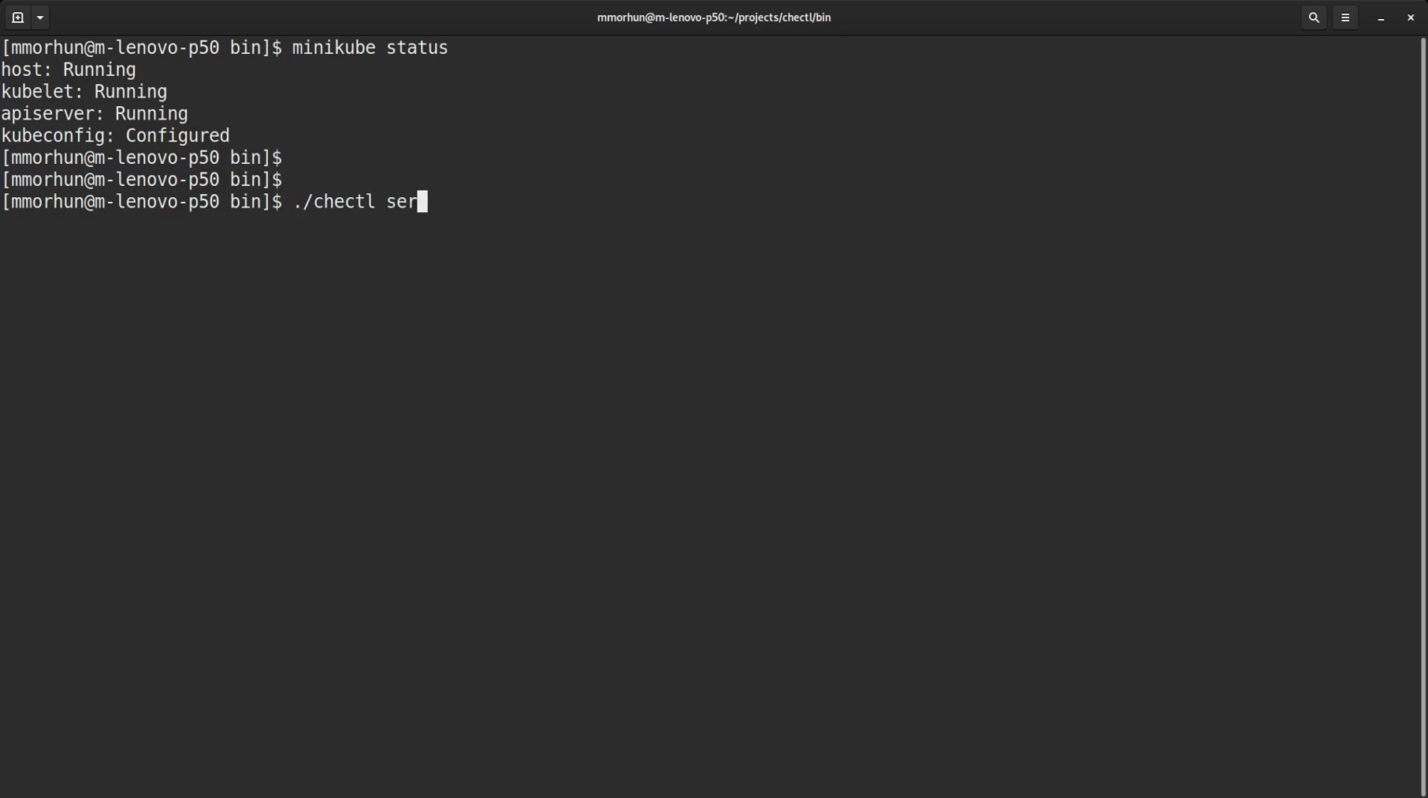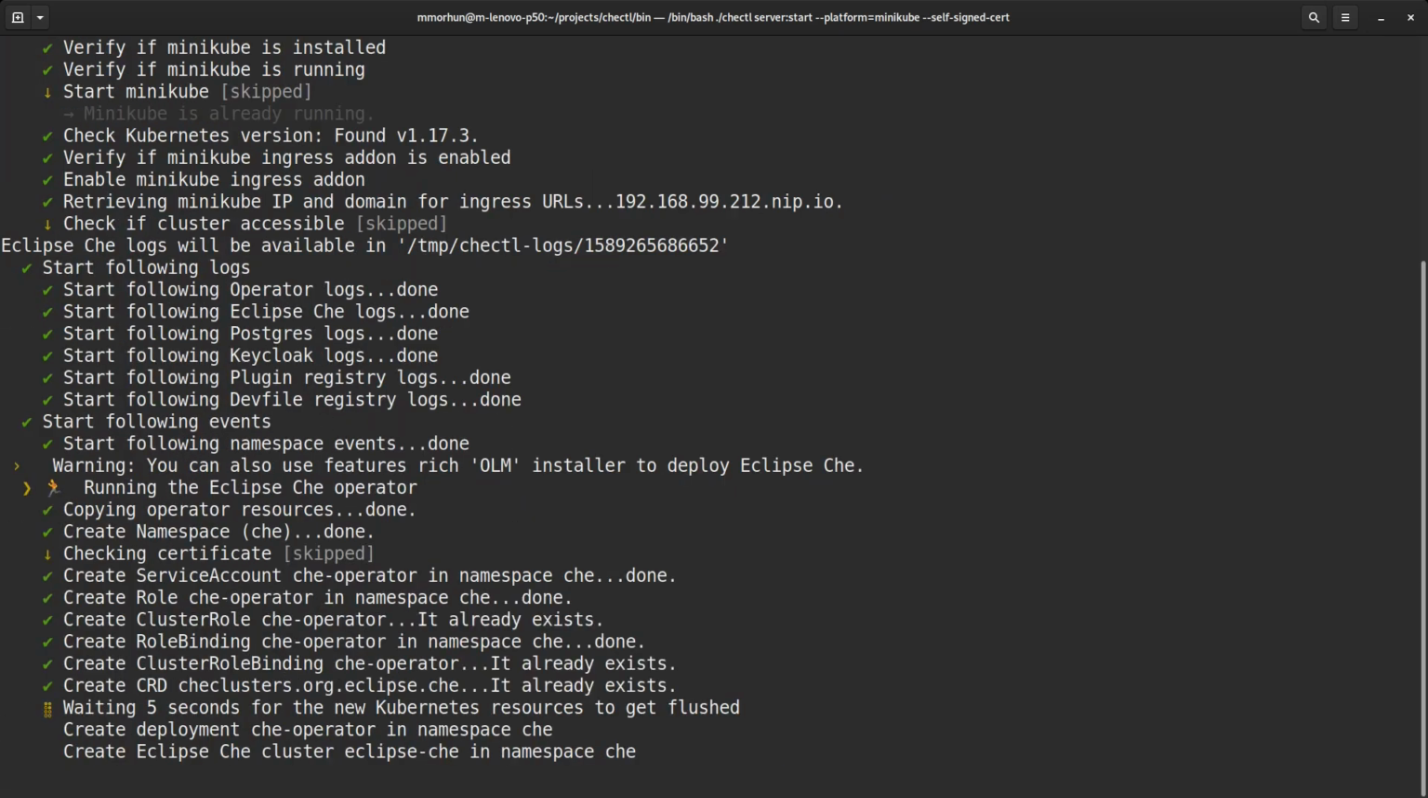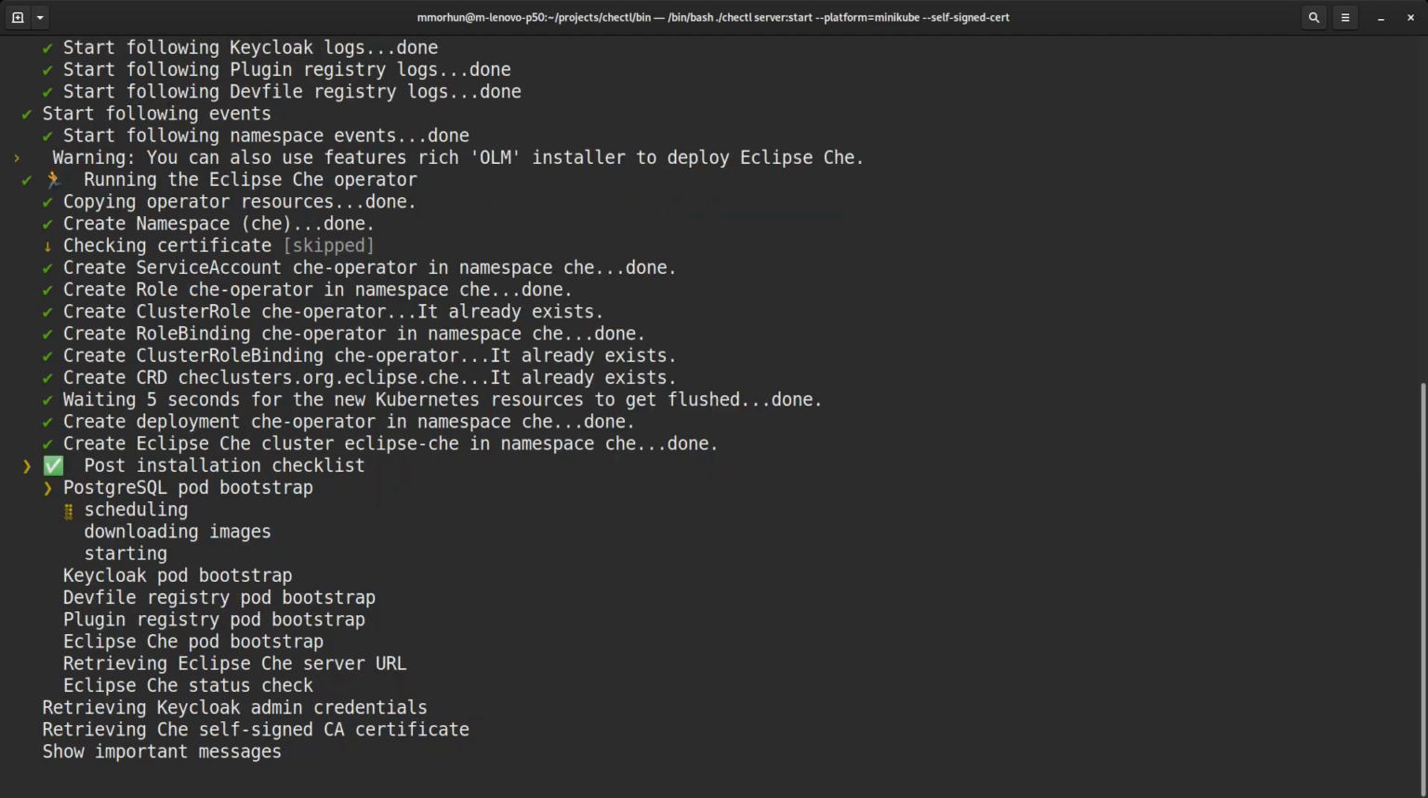So we need server start. We are using Minikube and also self-signed certificate. And that's it. TLS option is added automatically, and for Minikube, even the self-signed cert option is guessed, but for a real cluster users have